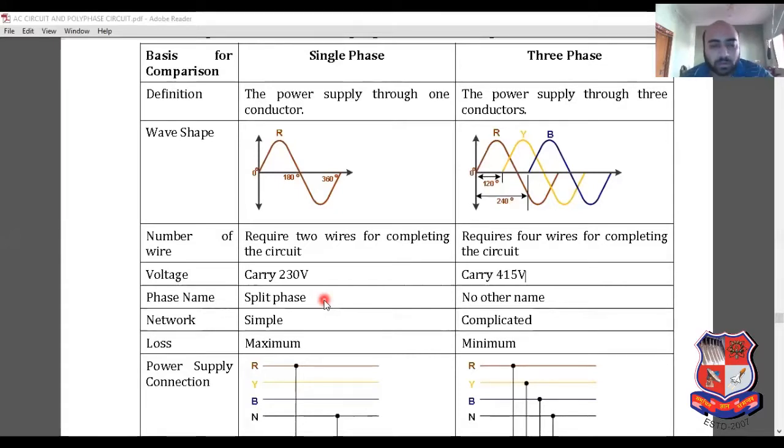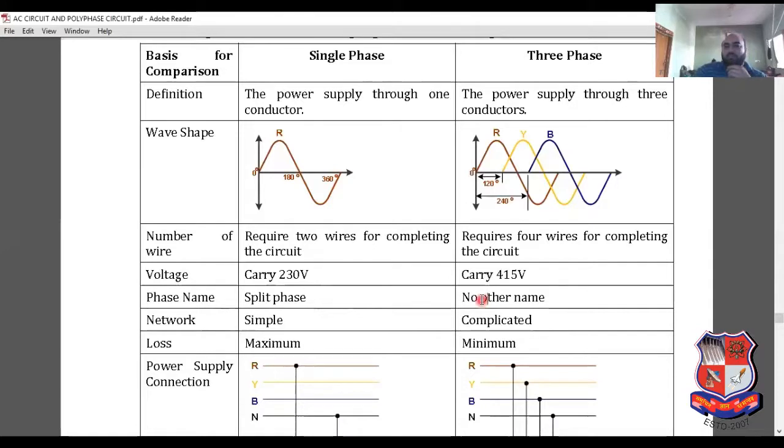Now, as I have already told you, single phase machines are not self-starting machines, so we have to split the phase. With the help of a capacitor, we can do this. So we are putting this capacitor and splitting the phase. According to that, we are getting the resultant torque value. Clear? And then it starts rotating. If we connect opposite connections of the capacitor, then the fan will start in the anti-clockwise direction. Clear? Whereas in case of a three-phase circuit, there is no other name.